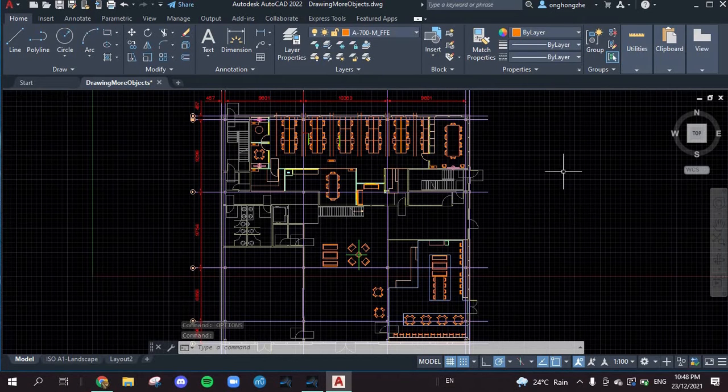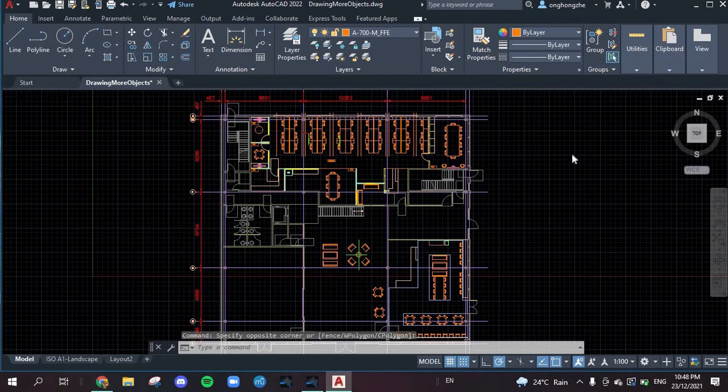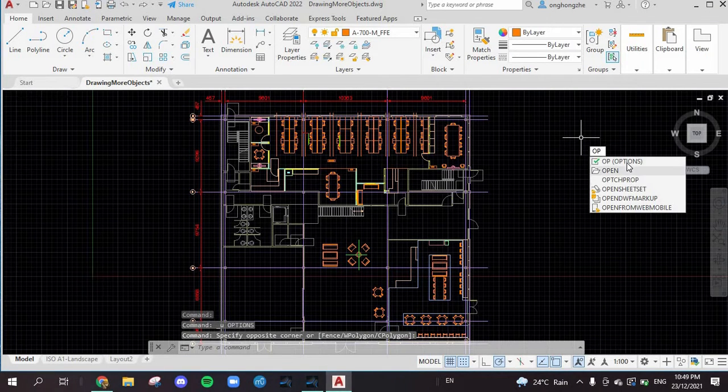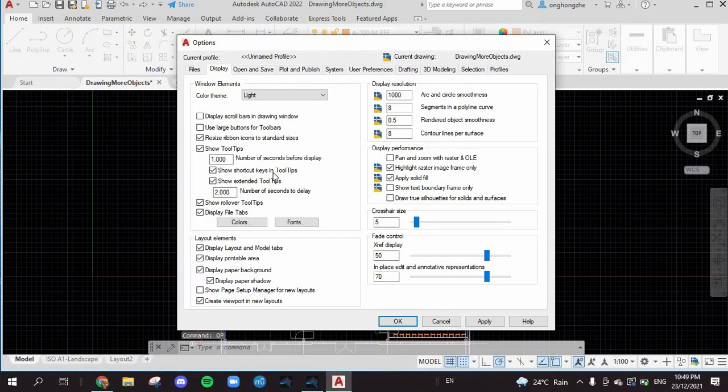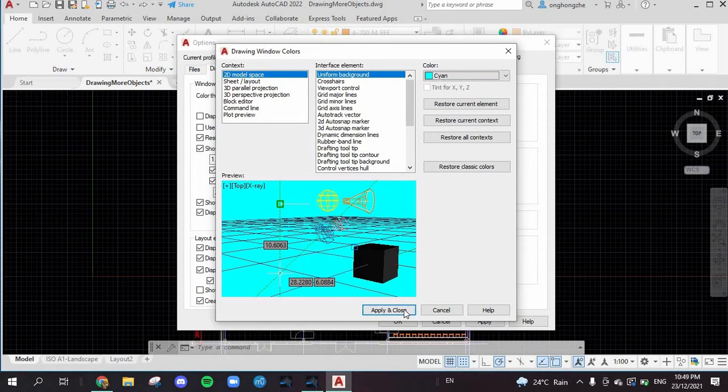This is how it works. So I redo first. Okay, we open back the options. Next one, colors. As you can see, our background is black, because here we chose the black. Here we have several color choices. Let's say today we're going to choose the cyan. We just click the color cyan and apply. Boom, it becomes